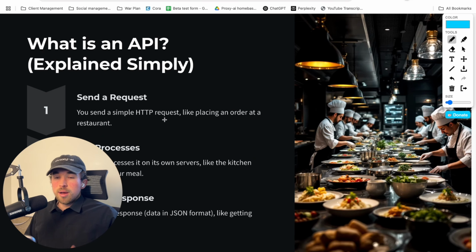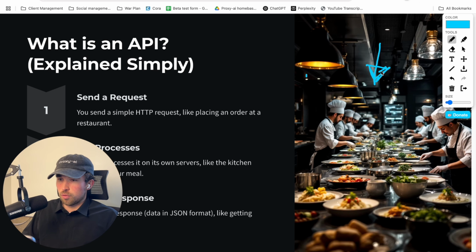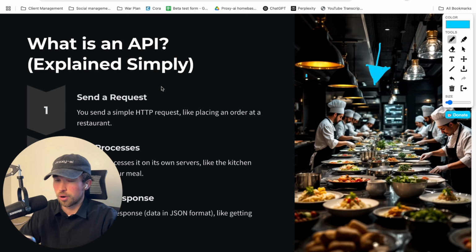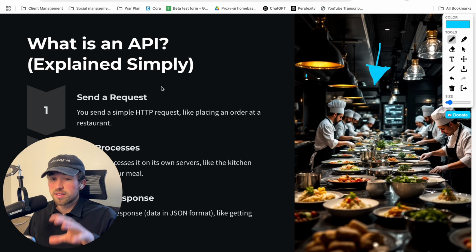So what is an API? Explained simply. So look at these guys absolutely chefing up in the kitchen over here. This is basically what APIs do for you. They cook super fire food, and you just get to enjoy it without doing any of the work. It's like hiring a personal chef, basically. So you send a request from your front end of your application, which again, stick around. We're going to be building out an entire app in this video. We're going to get into that, so don't worry. You'll see all of this in practice.